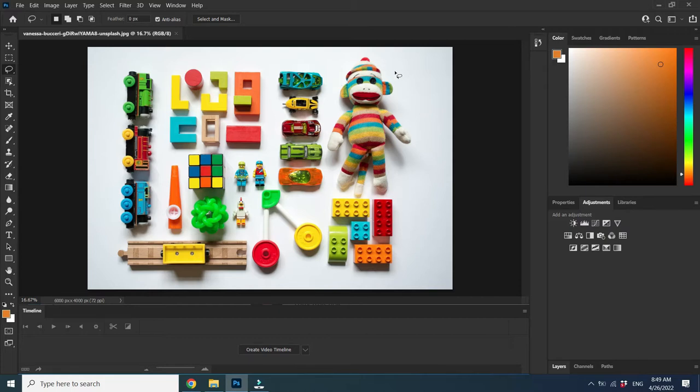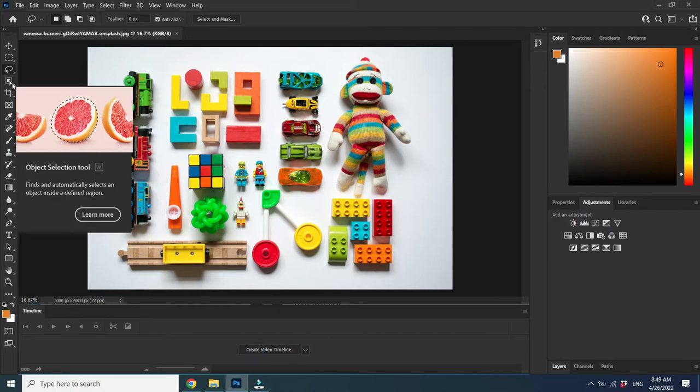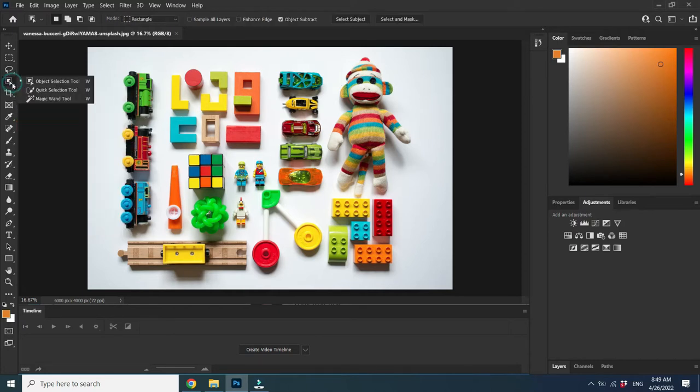Okay, you go to Object Selection Tool, click on it, choose Object Selection Tool and choose the area nearest to the monkey, which will include all your monkey. I'm holding left click of my mouse and sliding. Okay, the area is chosen. Now release the button and you see this is how the monkey will be cut, but